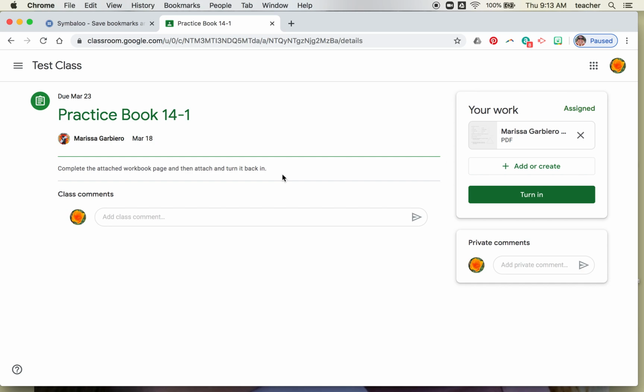There are two ways that you can communicate with your teacher from this page. There are class comments and private comments. Pretty simple. If you type anything in the class comment section, it will be visible to the entire class. This would be an appropriate place to put a comment, for example, Miss Garbiero,